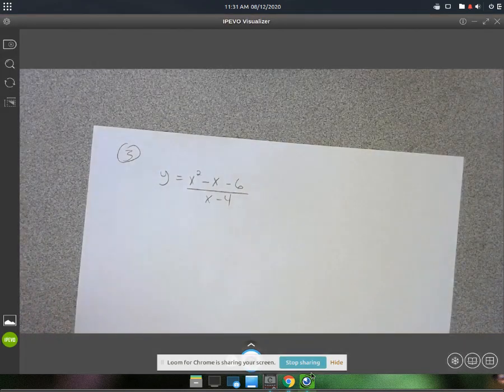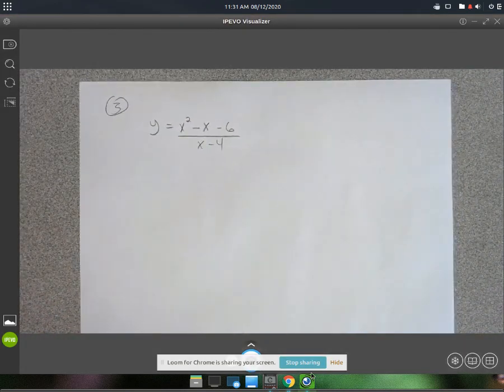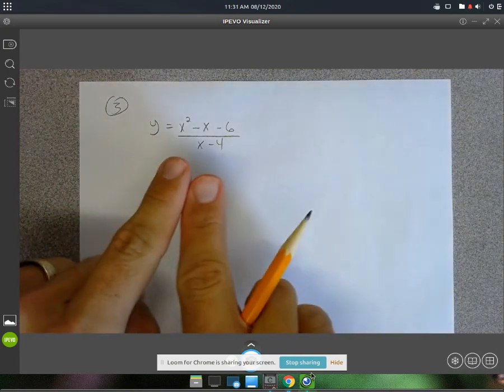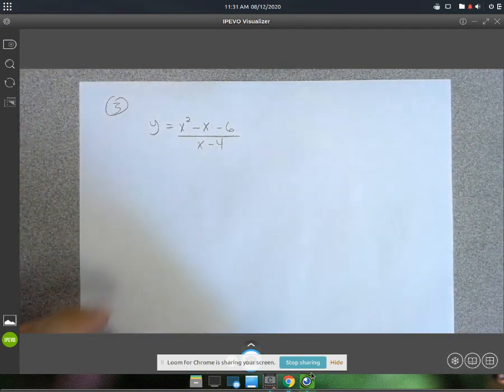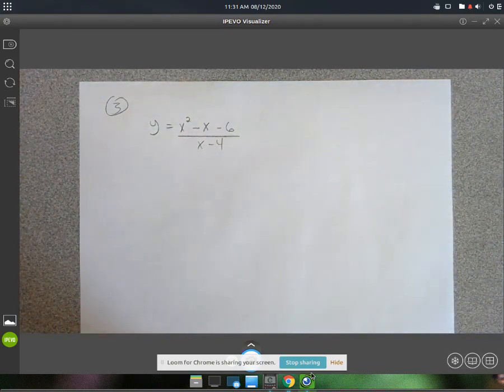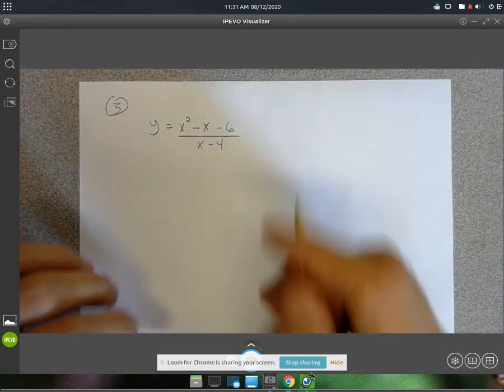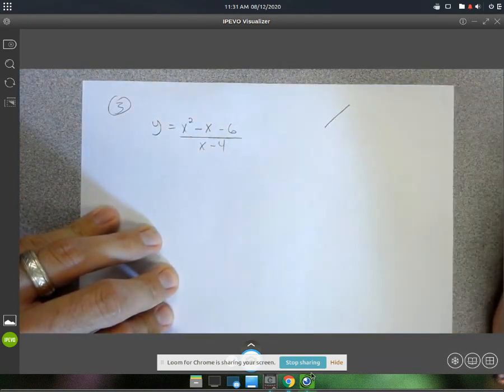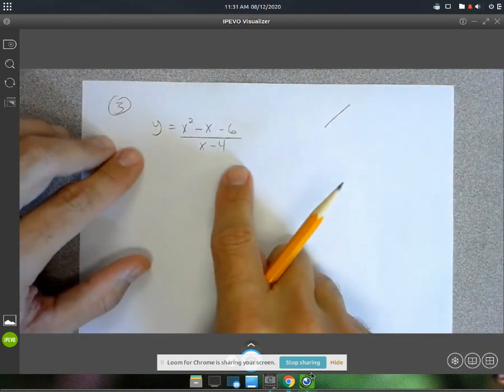All right, so the third case for horizontal asymptotes actually doesn't produce a horizontal asymptote. It's actually going to produce an oblique asymptote or a slant asymptote, basically something with kind of an angle to it, that's all. Now,